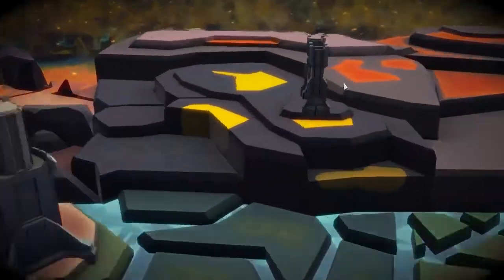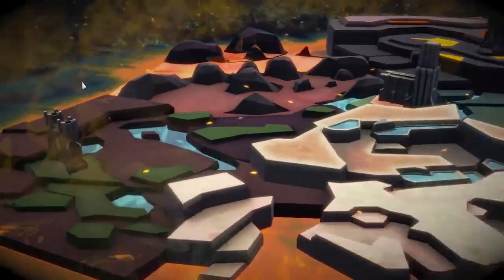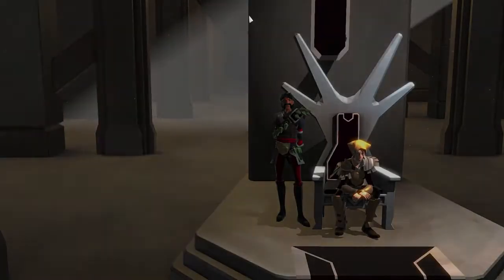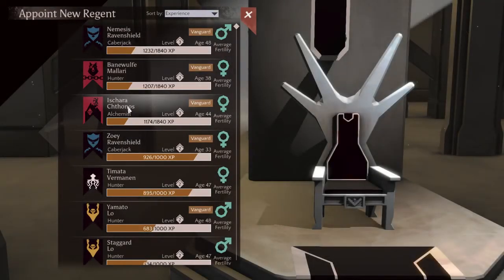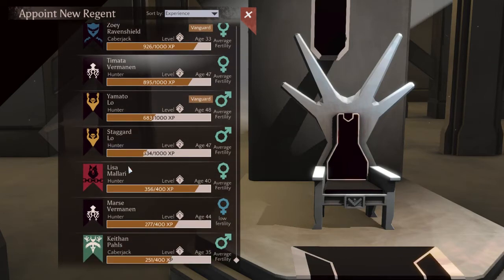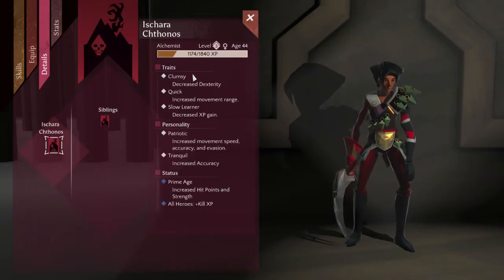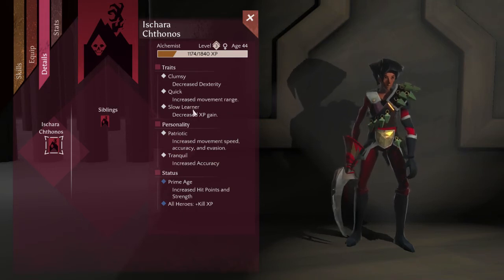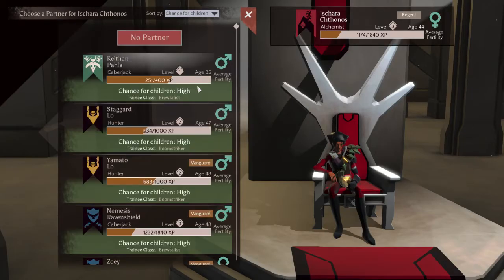I think this needs to be my alchemist keep real fast. Let me check that. I know this is Caber Jack, the Regent's Caber Jack, and this was Hunter. So this third keep should be Alchemist. See, average fertility. Oh, is that my only alchemist? And he's in the Vanguard, so we'll not have any more alchemists in the Vanguard. Okay, let's see. He's clumsy. Got quick movement, slow learner, patriotic, tranquil, increased accuracy. Well, it's only one, so...